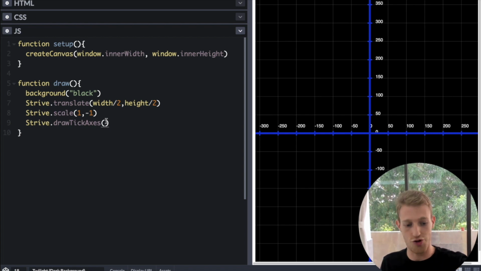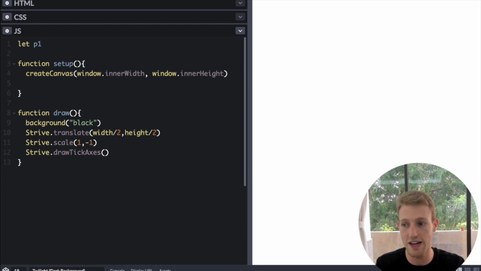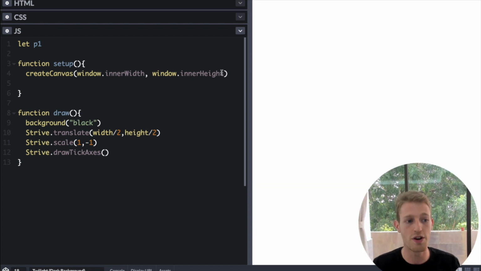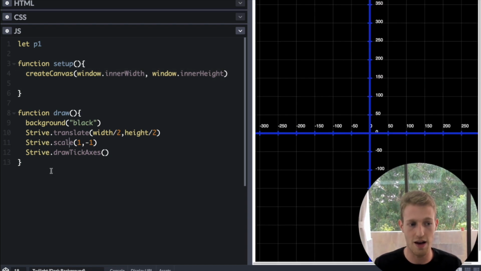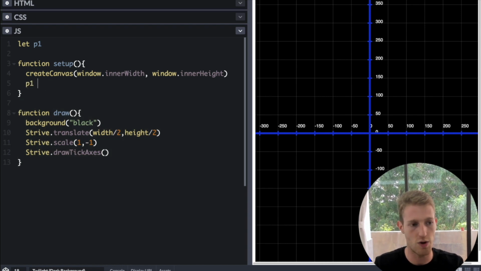Next, we need to actually draw a point and our line. What this looks like is the following. We need to create a global variable. I'm going to call it let P1 over here. And then inside of setup, we initialize it, right? So this is usually a kind of pattern. You create a global variable, you initialize it inside of setup, and then you draw it to the screen inside of draw. So I can say P1 is equal to